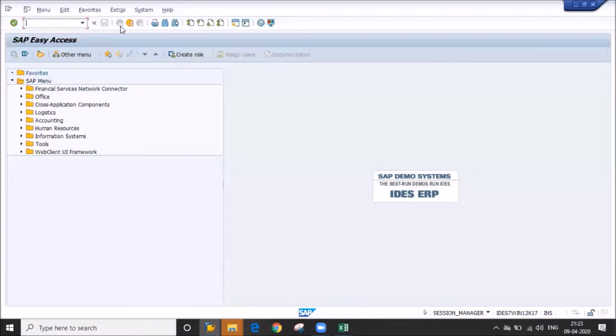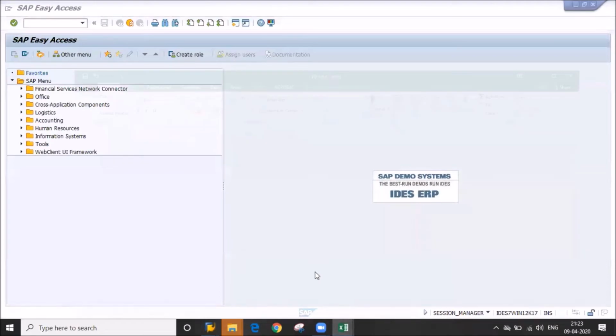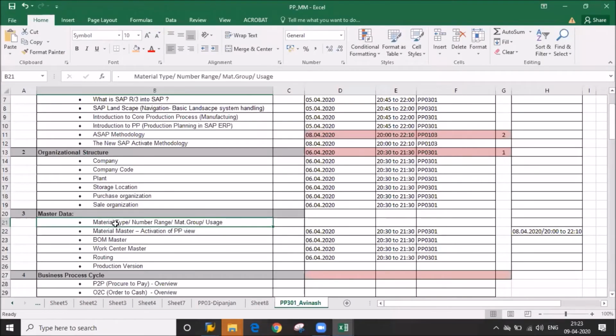Okay, so our material master is created. One more thing I just wanted to share with you. You see, material type. You understood whatever the material types are there. Yes, sir. Raw material, semi-finished, finished item, non-valued. There are lots of material types. You need to check. Non-valued item is there, spare parts also are there.